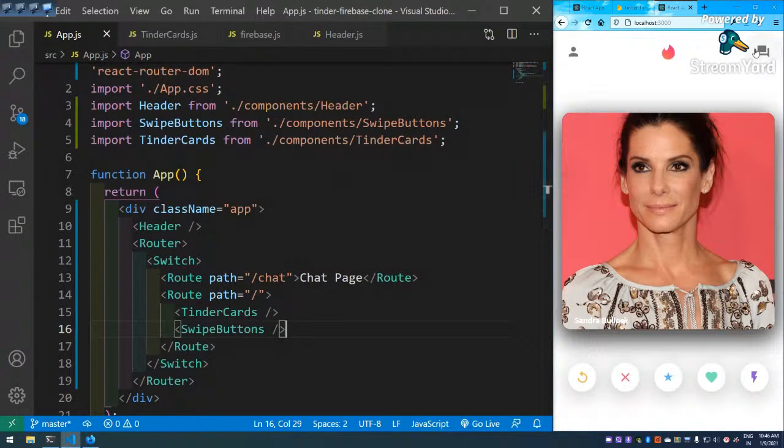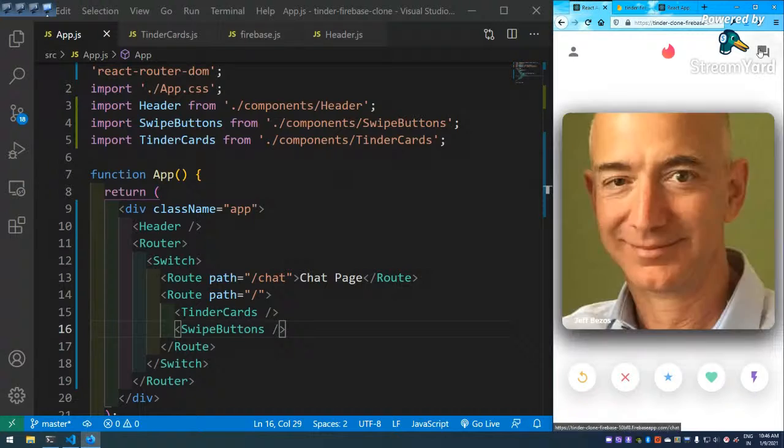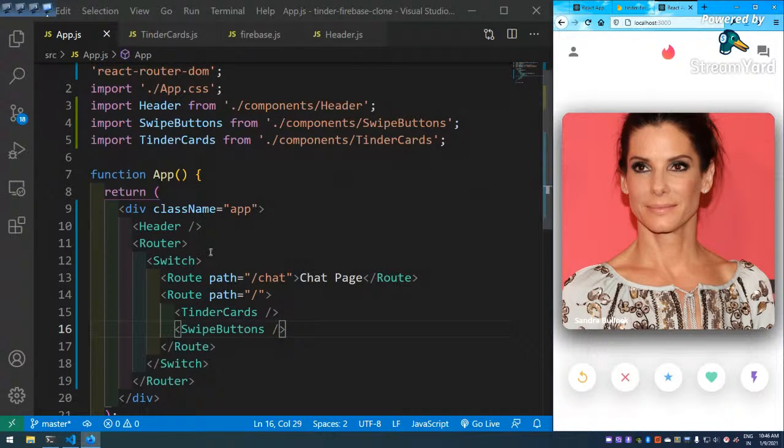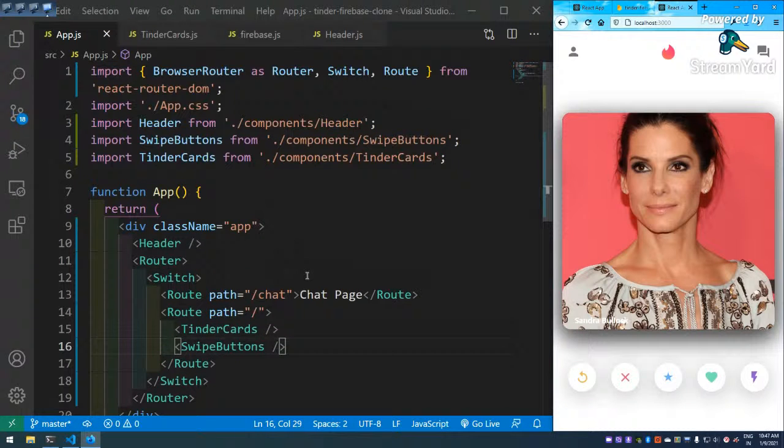So if I click on here, I will be able to chat like here. This is the deployed app, I'm able to chat like that, but we are not going to have the complete functionality. The inner functionality of Tinder is there. If you swipe right on someone, and if they also swipe right on you, then only you will get the chat functionality, but we are not going to do that right now. So we're just going to show the UI. Okay, so for that, what we need to do,